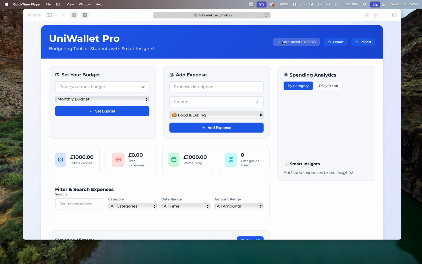You can see here where we have the data saved, which shows when data was last saved. So I actually did do an export, which we'll get into in a bit. You also have the option to export and import data. So you can export the current data, and then you can import your original data, and we'll get into that